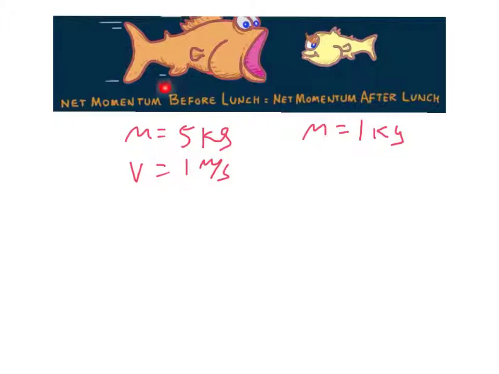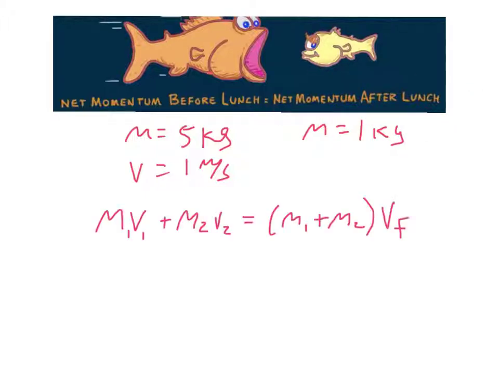Well, the net momentum before lunch has got to equal the net momentum after lunch. So what that means is the total momentum of both fish before the collision has got to equal the total momentum of both fish after the collision. So the large fish